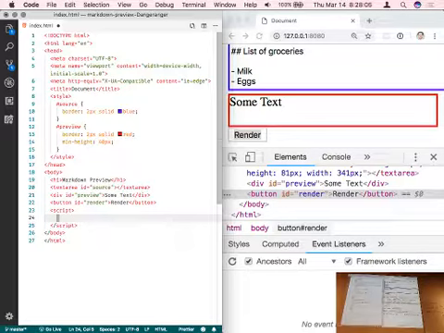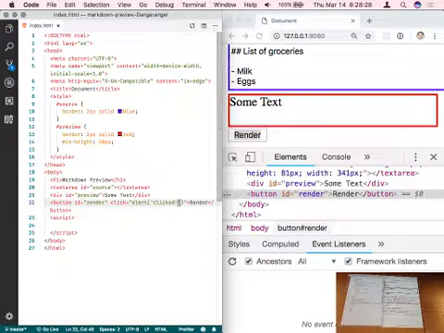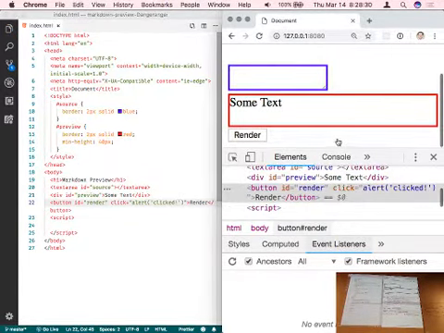So what I need to do is get a handle onto this button, and then I need to be able to add an event listener to it. Because yes, I could put a click handler on here. I could say click equals something inside of here if I wanted to. And let me just do alert, and this will say clicked, exclamation point. And then if I refresh this page and I click on the render,